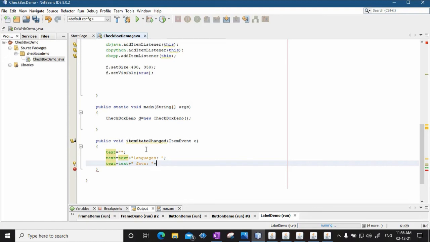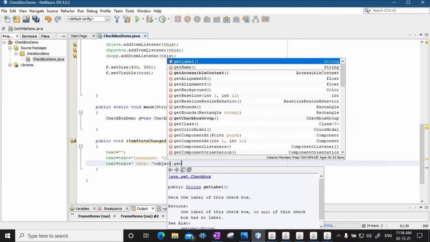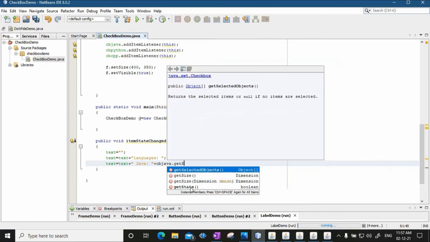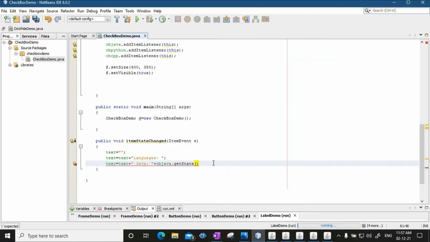So if the Java checkbox has been checked already, then besides this Java, the get state method will give you true, otherwise it will give you false. So I'll say cb java dot get state.